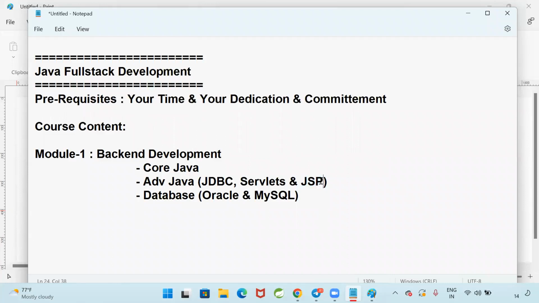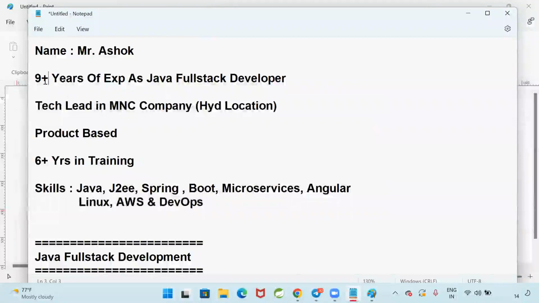But currently, JSP is outdated. Instead of using JSP, people are using Angular, React, HTML, CSS, JavaScript, Bootstrap. Angular and React have demand in the market to develop the front end. JSP is not there in the market. To be frank, I have been in the industry for 9 years. For the first 2 years, I worked with JSP. For the last 7 years, I did not create a single JSP in my company.